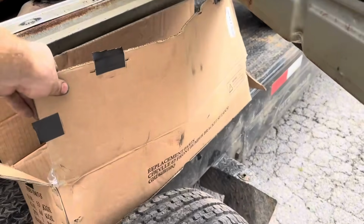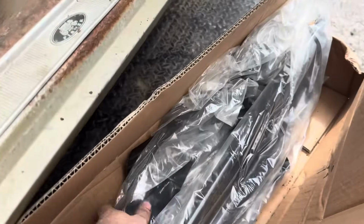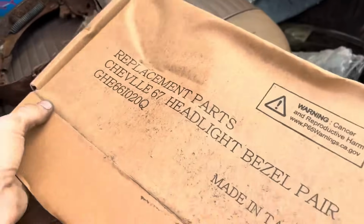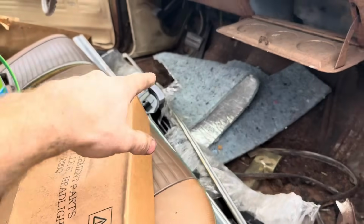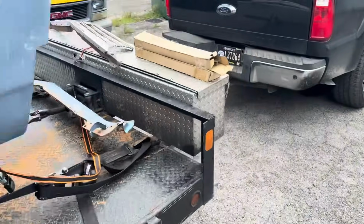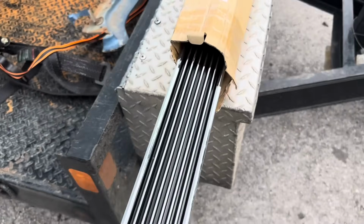This is all front bumper bracket set, brand new. That's nice. Brand new headlight bezels. There's some more bracketry for the quarter supports back here. See, I got stuff scattered everywhere right now. These are brand new